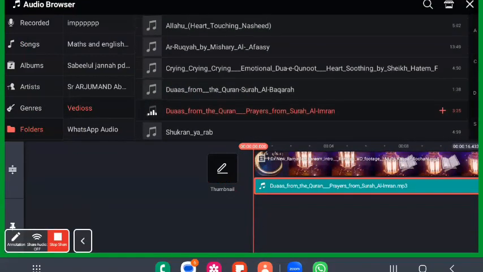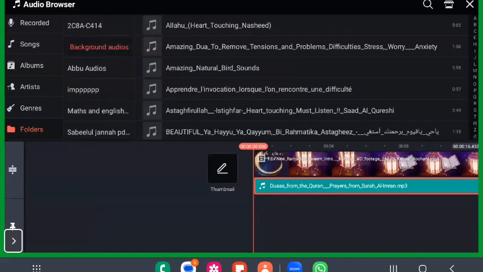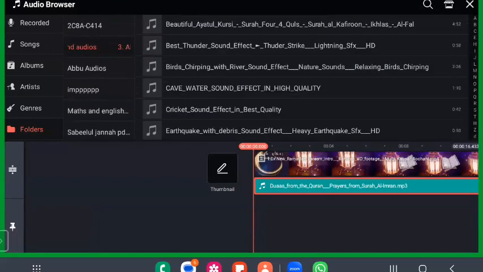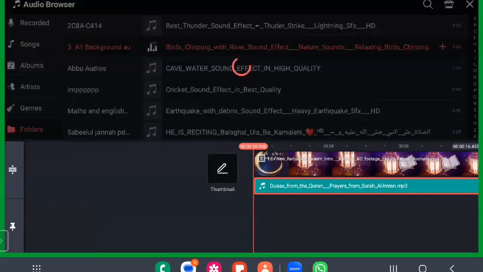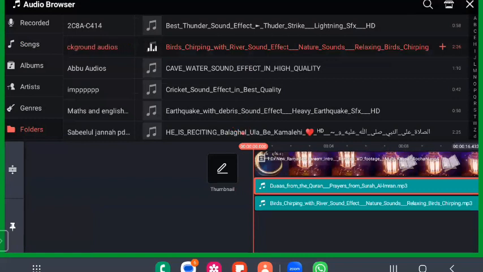Then next, let me add a background for voices. Like, for example, some background voices like the chirping of the birds or assets. Let me just add it, okay? So both of them are now available here as